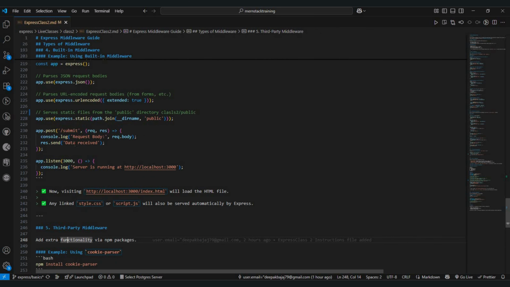Means with the help of static you can use that very easily. Okay, and linked files will also be served automatically by Express, and they are linked with your pages, and you will see the impact of these files as well if you apply any styling or JS. Okay,